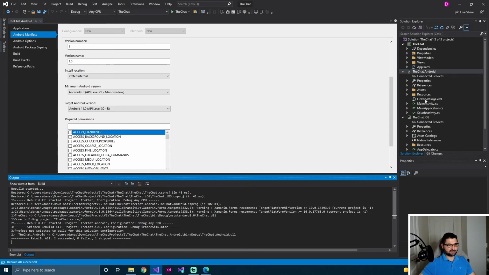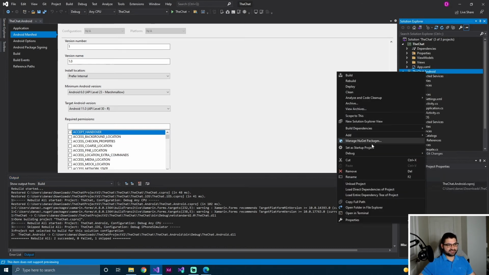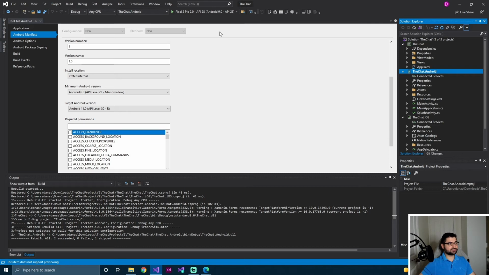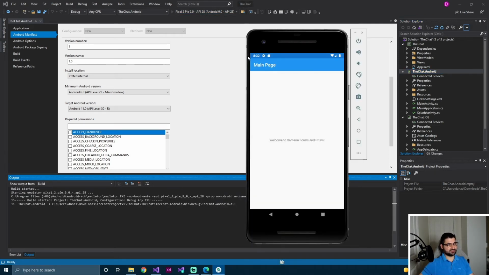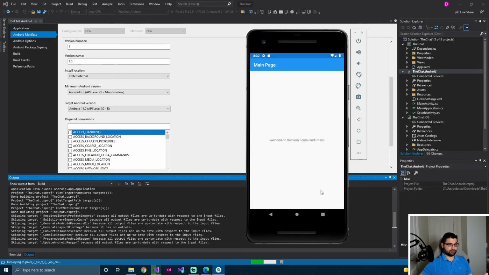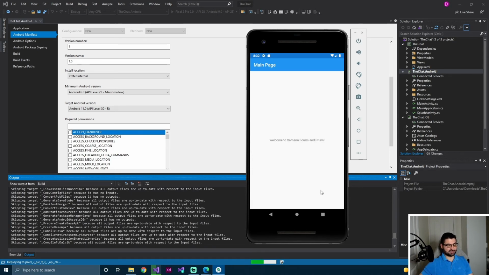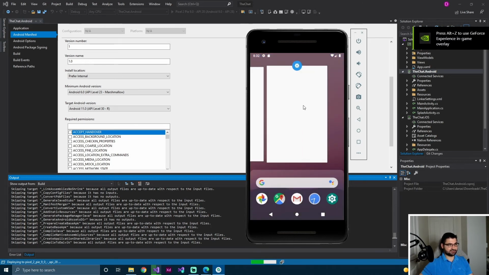There we go, that's done. We will right click and set this as our startup project, and then here we can just click play. This will open up the emulator and it will open up with the previous app. So our previous app is already installed on the device. You can just close it,